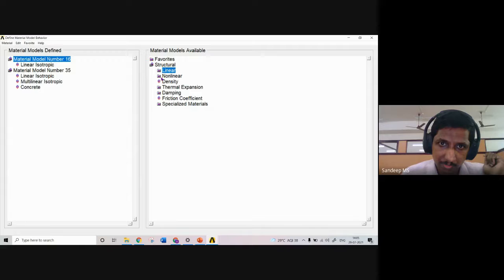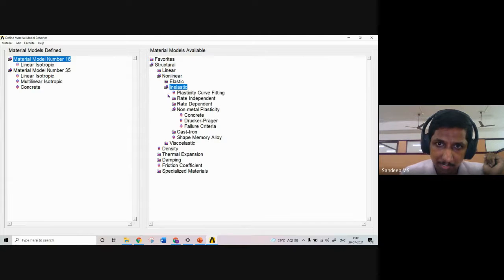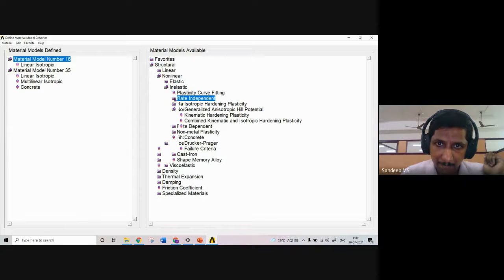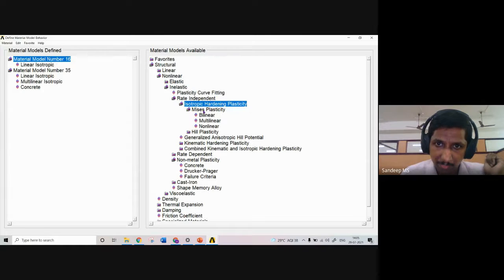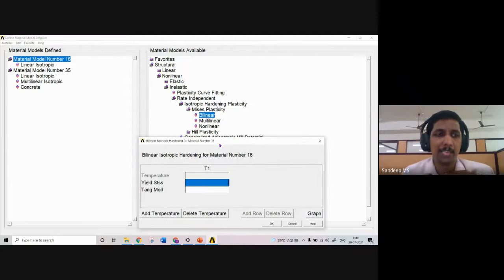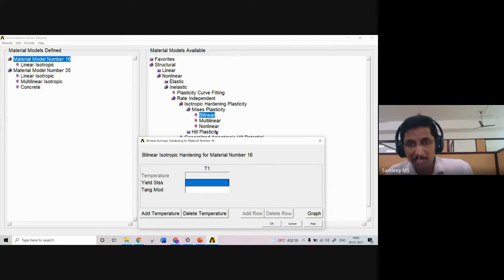And one more thing regarding non-linear, inelastic, rate independent isotropic hardening plasticity, Mises plasticity, and in this we have bilinear property also. So I am just giving it as bilinear. I am making my assumption that my reinforcement will be behaving in a bilinear fashion. Suppose you know that in your analysis, your reinforcement will be having a multilinear behavior, then you have to study that multilinear behavior and enter the respective values.